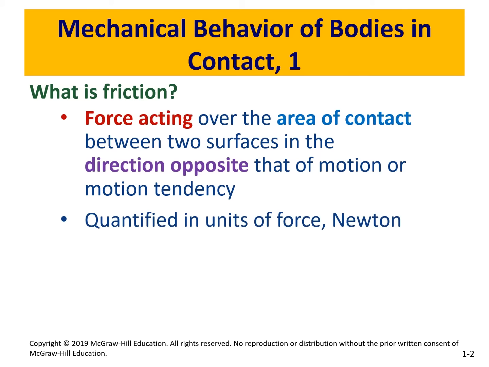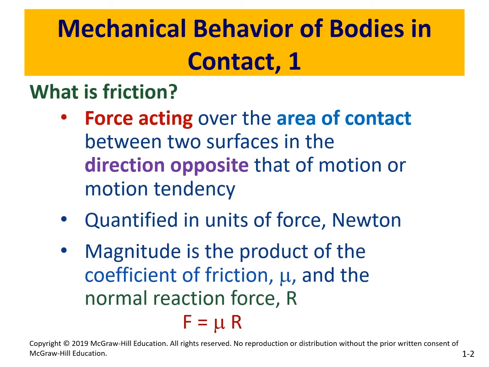We have a formula to calculate the magnitude of this force, which is the product of the coefficient of friction, mu, and the normal reaction force. So we can write F equals mu multiplied by R, and F is our friction force. And if you recall from statics and dynamics, we talked a lot about this, and we solved multiple questions and problems. I will go over the concept briefly, and then we will be able to use it in problems